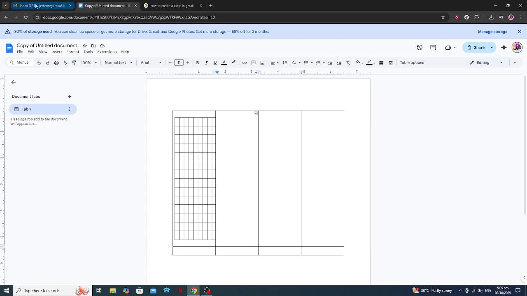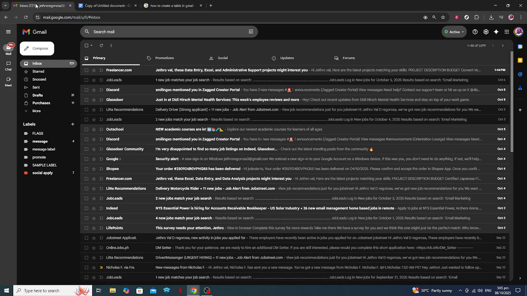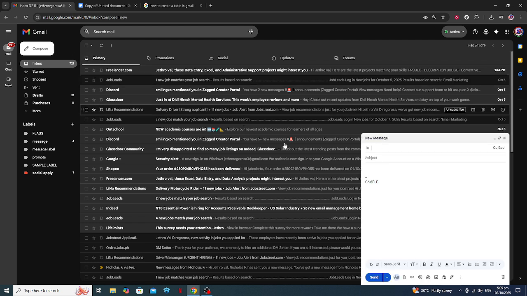Before hitting send, preview the email to make sure everything displays correctly on your screen. If any adjustments are needed, you can easily edit the text or move the table around just like any other content in Gmail. And that's it. You've now inserted a table into your Gmail email with ease, all thanks to Google Docs. This method allows you to create more structured and professional-looking emails that your recipients will